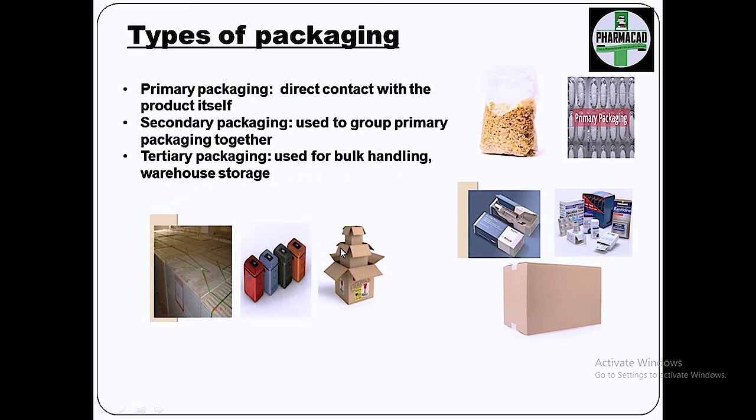You can see, basically cartons upon cartons, big boxes covering the outer surface, that is tertiary packaging. So we have primary packaging, then secondary, and then tertiary packaging. Basically, the number of packaging layers like primary, secondary or tertiary is just to make our product safe and secure. We use tertiary packing for bulk handling and warehouse storage, so that in any case the transportation is not hampered, and our product is not destroyed.